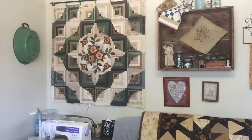And that was my light box. I do not want to break that. I keep my light box in that project bag. The other thing that I'm doing as I'm stash gathering and enjoying my stash,